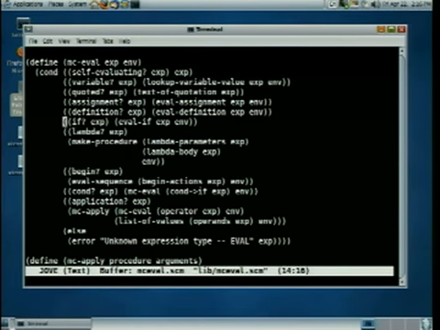And each time it involves going through this big, long cond with a bazillion clauses, checking each time to see if this thing is self-evaluating, and is it a variable, and is it a quote, and so on. So we would like to avoid that. And the way we'd like to avoid it is